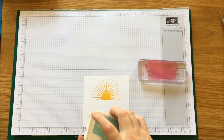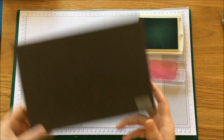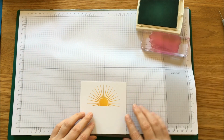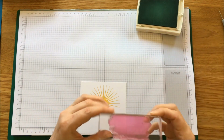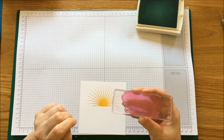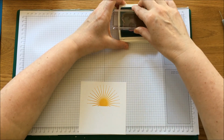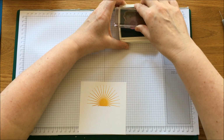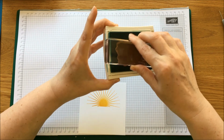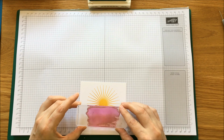Then I'm going to use the watercolor stain and Pool Party to create the water in front of the sun. And I'm using a piercing mat underneath my card because this is a polymer stamp, and there isn't much flexibility like the foam you have with the rubber stamps. So that is why I'm using the piercing mat to create some resistance. Make sure that you ink it right with the Pool Party,